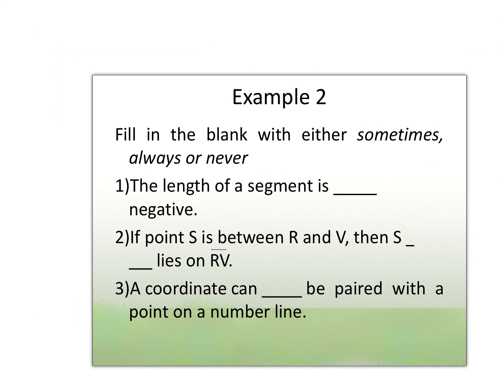These sometimes, always, and nevers can sometimes be a problem. So you definitely want to take your time when you're looking at these, and you want to make sure that you analyze and think about any possible exceptions to the rule before you answer this. So it says here, the length of a segment is sometimes, always, or never negative. Well, this is definitely a never situation. You can never have a negative